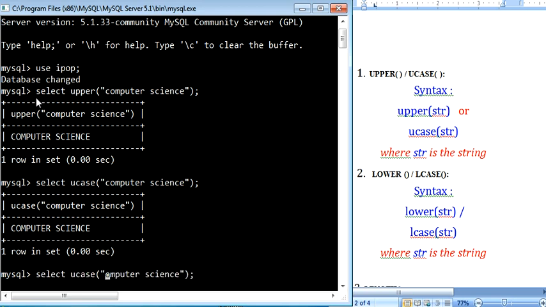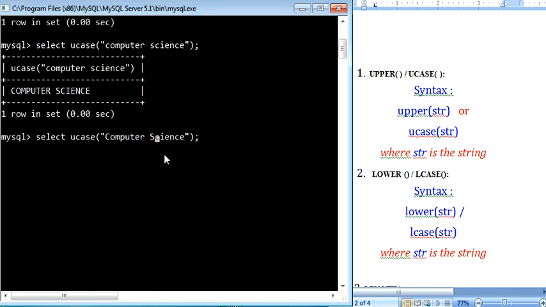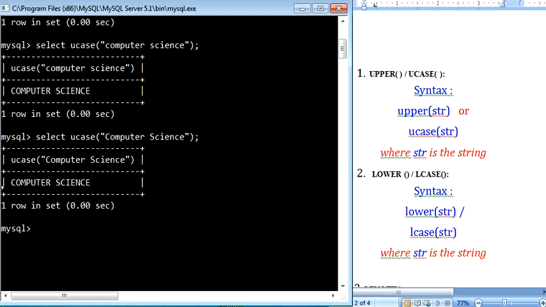Here C will be capital, S as capital. In this given example, C and S are in capital and all the remaining are small letters. So what will it do? Let's see the output. As the name suggests, the same output you will be seeing. If the characters are already in uppercase, they will be carried out as they are, and the letters which are in lowercase will be converted to uppercase format, and the result you are going to see. So this is how an uppercase or UCASE function will work.